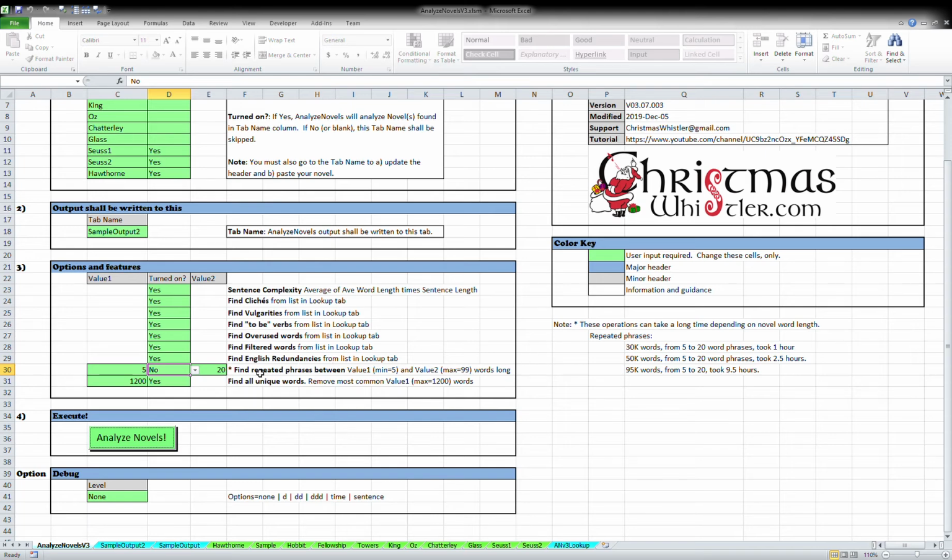And the other thing I wanted to identify is that this find repeated phrases has an asterisk by it, and this can take quite a bit of time depending upon the novel length. Just an example here, a 30,000 word novel took 1 hour. 95,000 or close to 100,000 words took 9.5 hours. So for an average size novel, you probably want to run this either in the background during the day or just get it started at the end of the day, and it should be done by the morning. So it is quite a process, but you can always turn that on and off